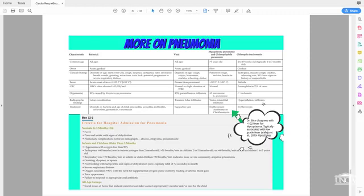And a lot of times parents call me back and say, oh my gosh, is there anything else we can give? Because this tastes horrible. It gives an awful stomach ache, which most of those macrolide antibiotics do, and you have to take it for 10 days. So anyway,